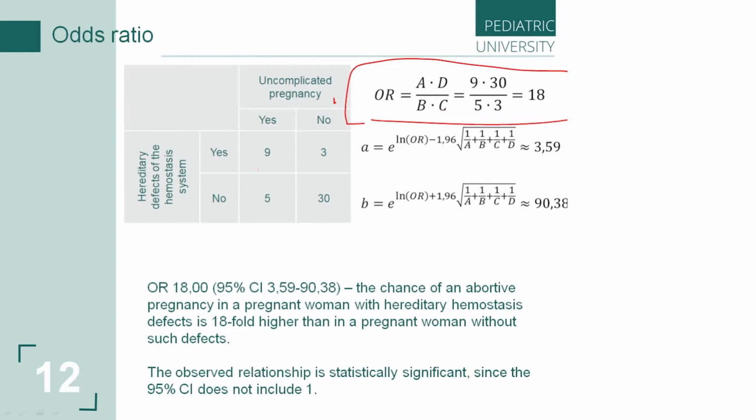So A, D, B, C. Oh, sorry, yeah, A, D, B, C. We have an odds ratio of 18. The lower limit was what? This number. This is a lower limit with minus, yeah? We have in the formula with minus, and the result of this calculation is 3.59. And the upper limit is